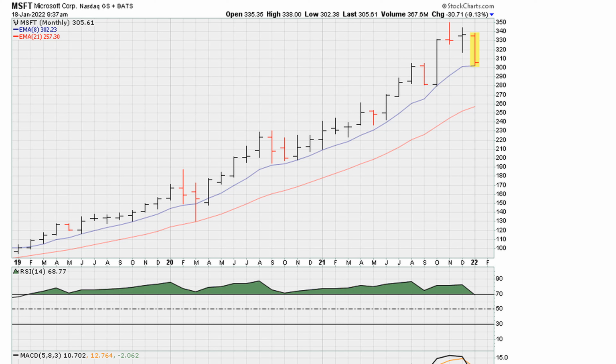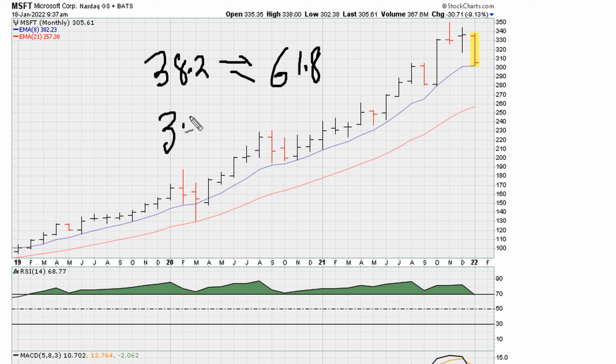Now, sticking with these RSI levels, there are a couple of other RSI levels. Of course, we've discussed 38.2. The other level that is also critical to understand is 61.8. And then there's 30.9, which is a variation of all of these numbers, and the other one is 69.1, and of course we have 50.